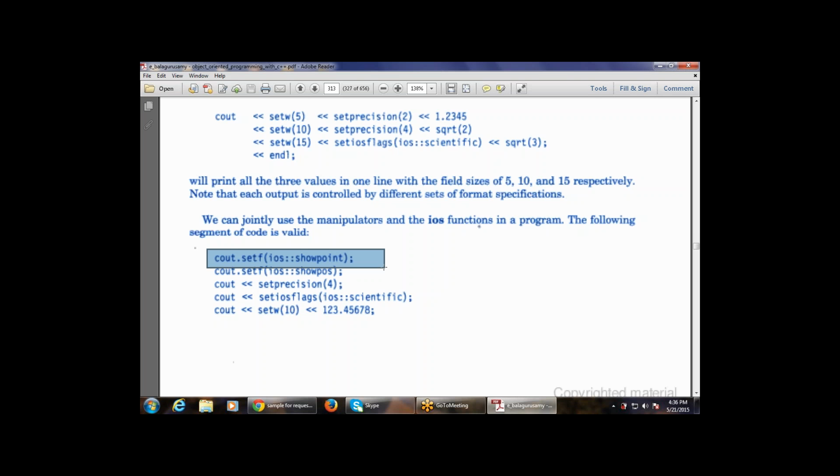Then cout with ios flags, that is a manipulator that is used for making the output in a scientific notation. Then setw(10), that is setting the width, a manipulator that sets the column width to 10